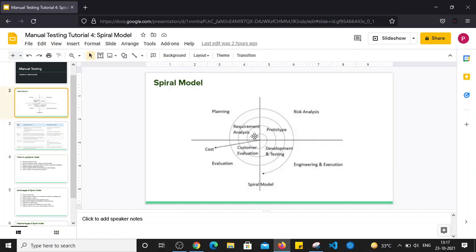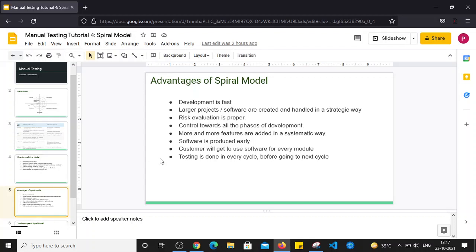So the cycle is small, so the customer will get the initial requirement in a very small time period, right? That is one advantage of the spiral model: development is comparatively faster than the waterfall model, because in the waterfall model we have seen that we have to follow the entire sequence, and after that only the main product will be delivered. But in the spiral model development is fast since it is an iterative model.